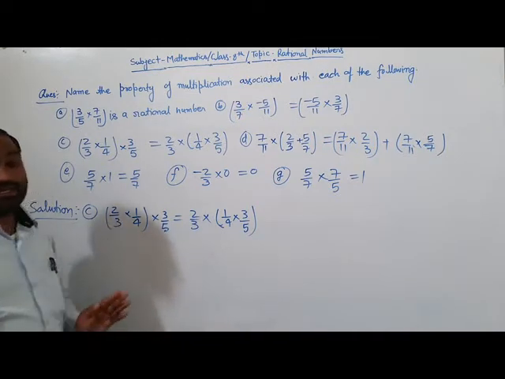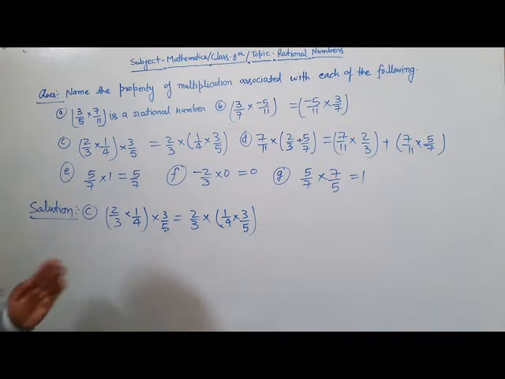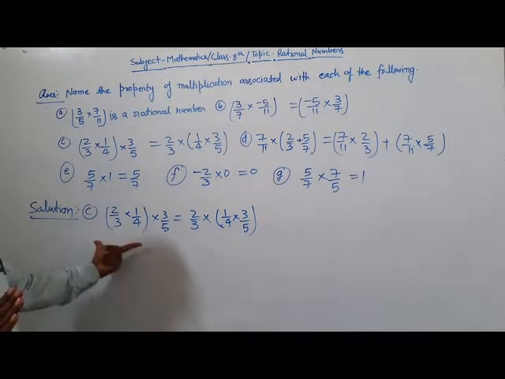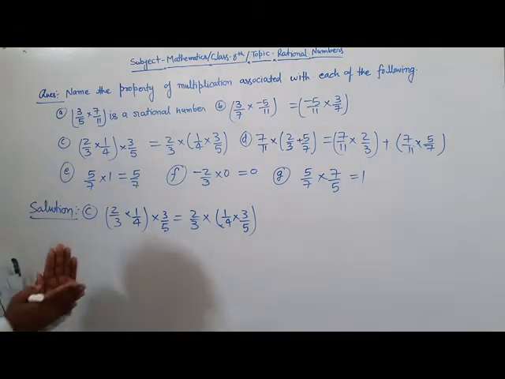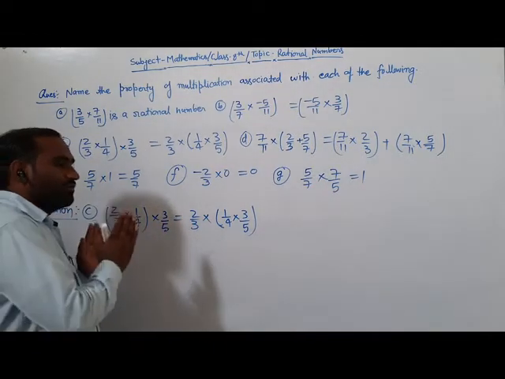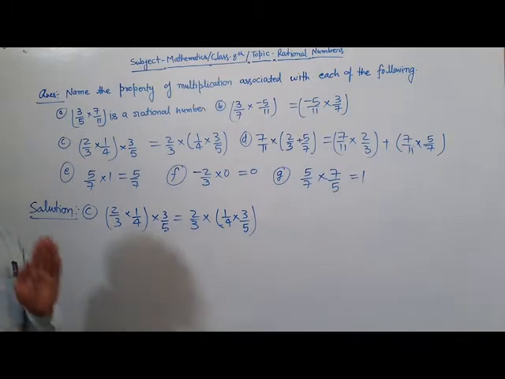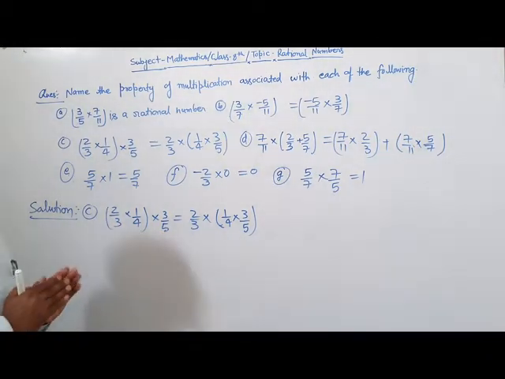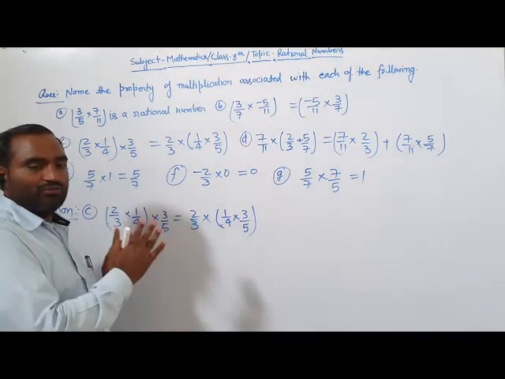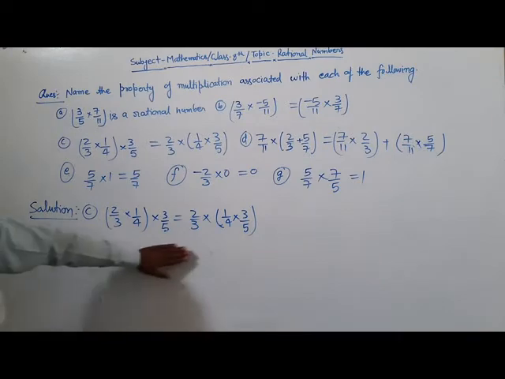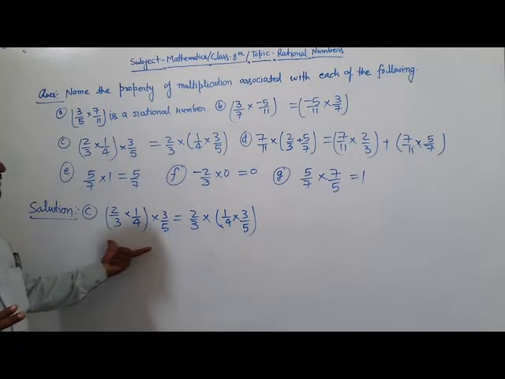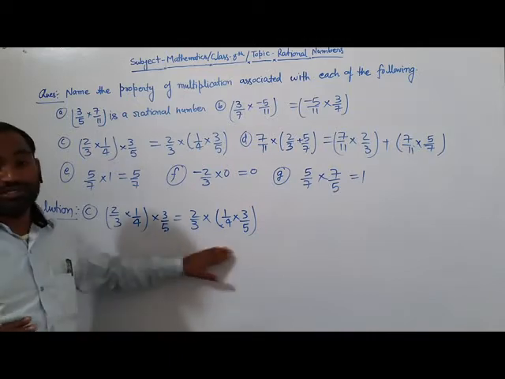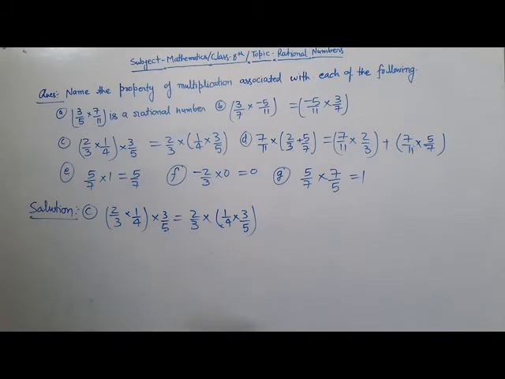If there are three rational numbers and we change the grouping, the product remains the same. कोई तीन rational number लेते हैं, उसमें ग्रुप चेंज कर देते हैं, पहले दो रेशनल नंबर का ग्रुप करते हैं, तीसरे से मल्टीप्लाई करते हैं, फिर दूसरे नंबर के साथ ग्रुपिंग कर देते हैं, प्रोडक्ट दोनों केस में सेम रहता है। ऐसी सिचुएशन associative property of multiplication के अंदर आती है. So this is the associative property of multiplication.